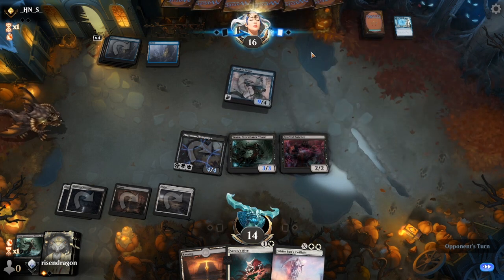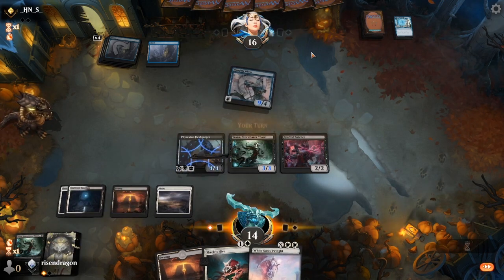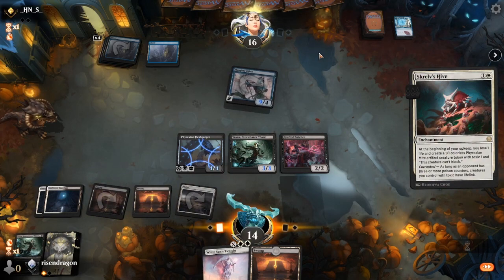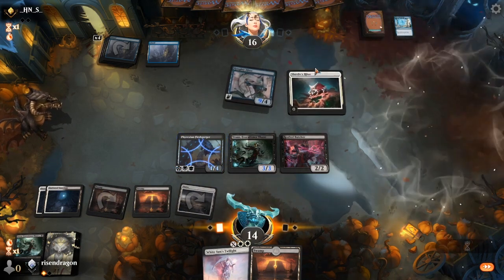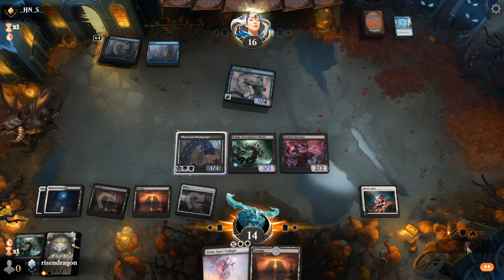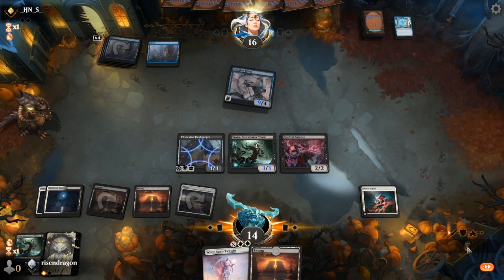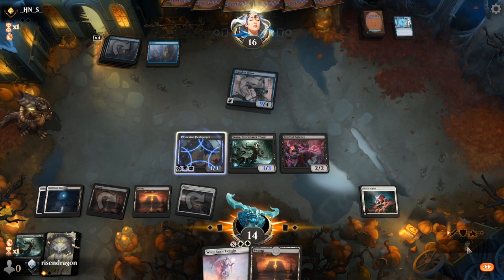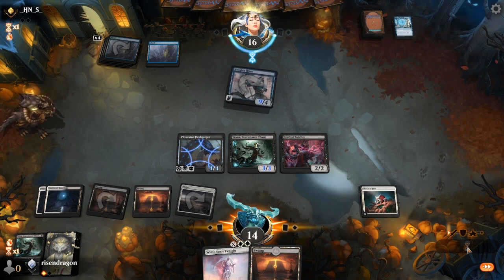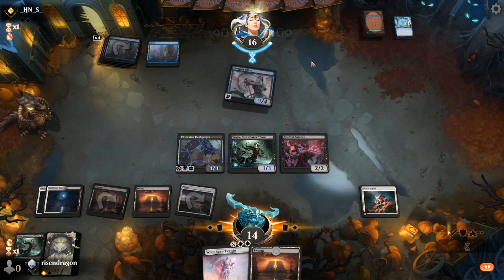Oh my goodness. And yeah, if you want to bounce my Grafted Butcher, I'm completely fine with that. I'm gonna Skrelv's Hive, because I think that's a good play to do. Do you really want to bounce that? Pay the 4 life and bounce it. And then take 5 more. Well, I'll put you at 10. But then I'm not going to gain that life. So if you've somehow got away with 4...